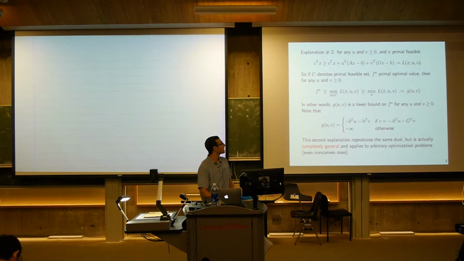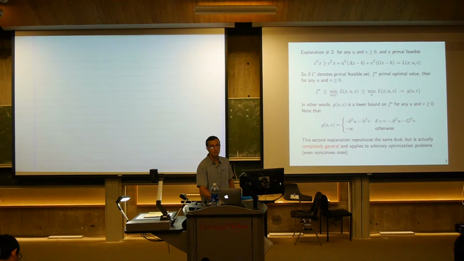The dual has a pair of blocks of variables, u and v, for the equality constraints and the inequality constraints. This thing we refer to as the Lagrangian. It's a function of x and then the dual variables u and v. So just by virtue of the fact that we have this inequality for all feasible points x, if we were to minimize over x,